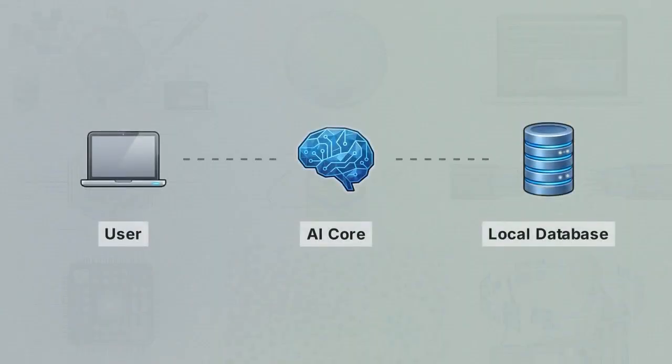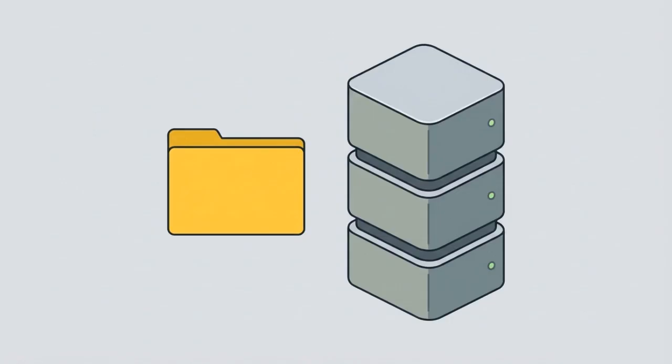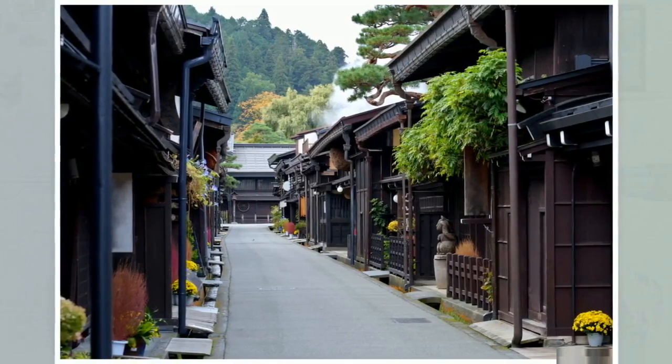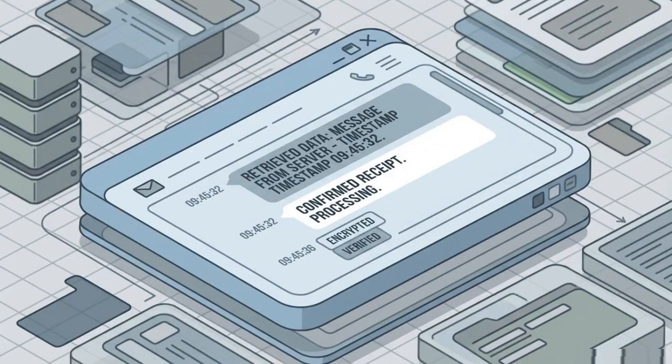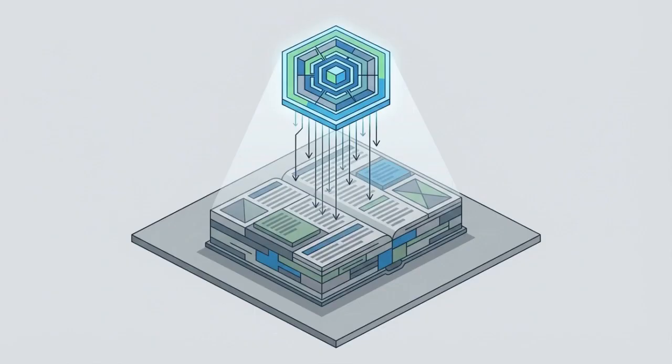When you ask a question, the AI intercepts the prompt, sprints over to your local database, reads the exact private notes related to your query, and then uses that retrieved context to generate a highly accurate answer. For example, you can drop a folder of personal journal entries into your RAG database, ask the AI what you ate in Takayama during a trip to Japan in 2023, and it will pull the exact meal directly from your notes. RAG operates entirely like an open book test. It creates a hyper-personalized, dynamic assistant that references a modular knowledge base entirely controlled by you.